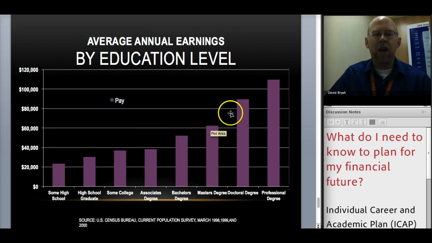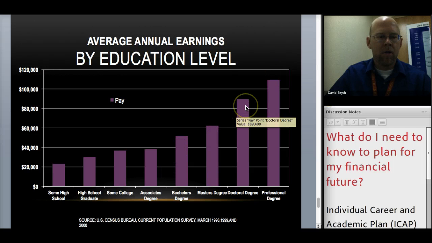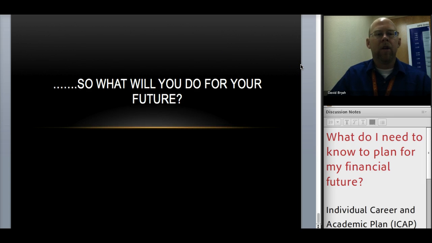So generally speaking, the more education you get, the better off you are in terms of money, and the more intellectual work that you do, generally speaking, right? You work with your mind in these kinds of occupations for the most part. And so having a good education generally equals a comfortable life. So the question is, what will you do for your future? Everybody's different,